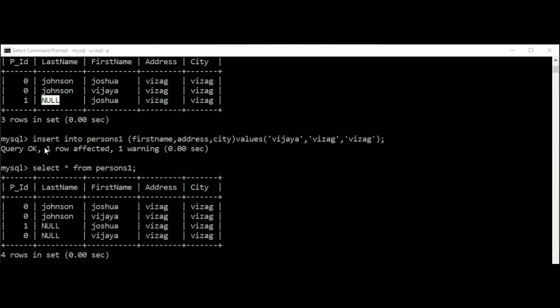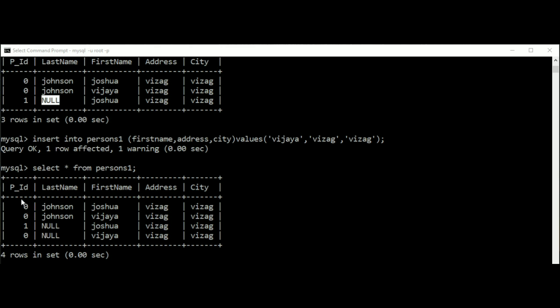And also you can observe, whenever I am inserting the new row, that is the fourth row, again I did not give this PID value. So when I did not give this PID value, similarly to the first and second row, it has given 0 as PID value, and here also I did not enter any last name. For that reason it has given me the null values here.